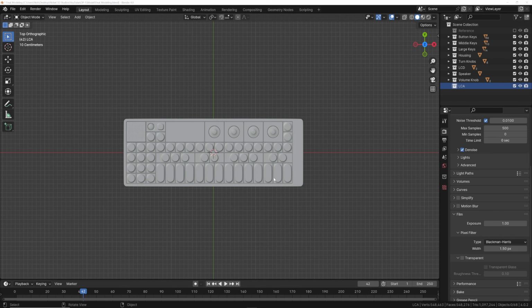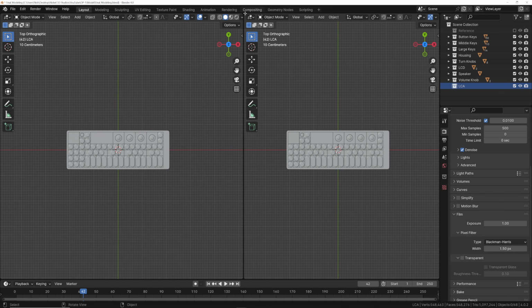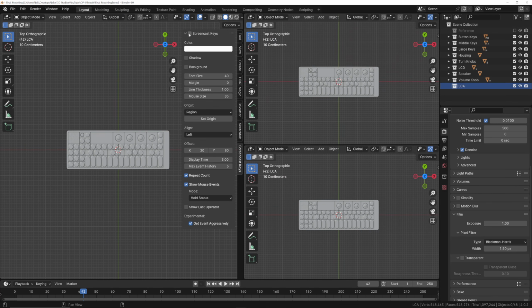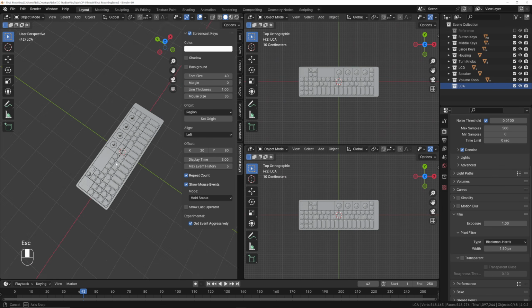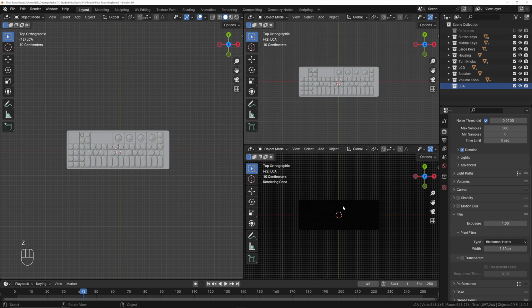Okay, let's get started with the texturing of this model. I'm going to set up my Blender scene to what I usually do for shading. So I'm going to bring out from the bottom right hand corner and then also bring out from here. I'm also going to turn on screencast keys. There we go. So I'm going to use this as my rendered view. I'm going to be rendering in Cycles, so I'm just going to go Z, go up to rendered, and then